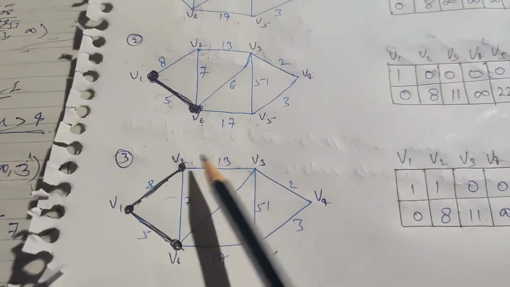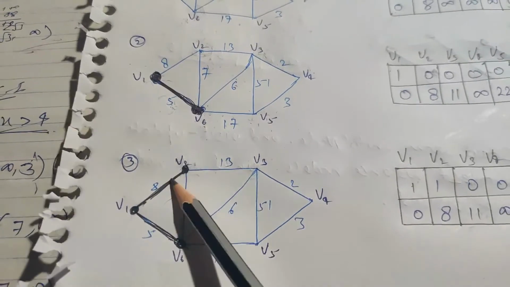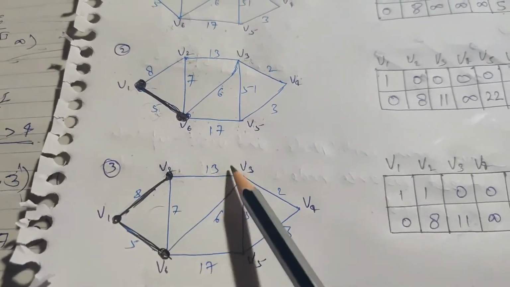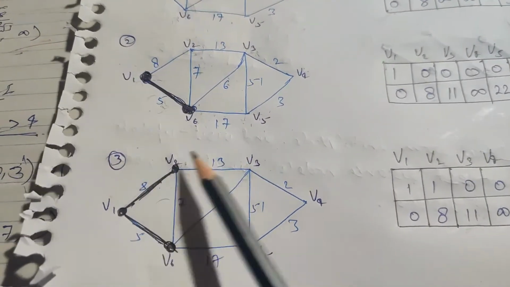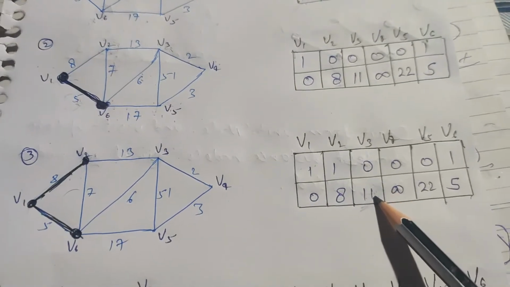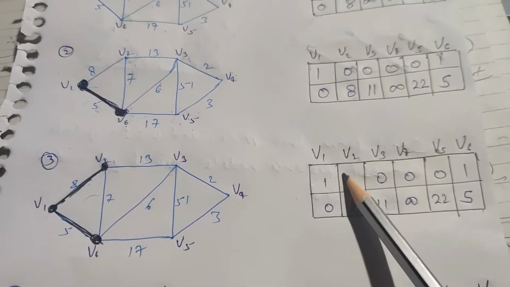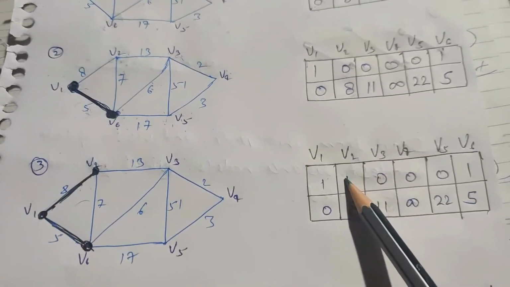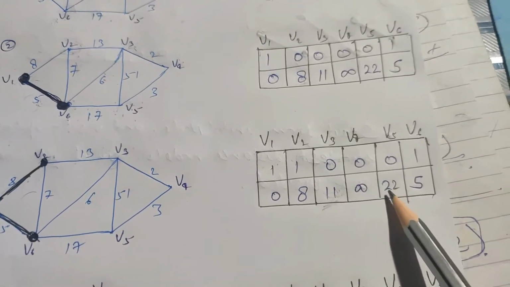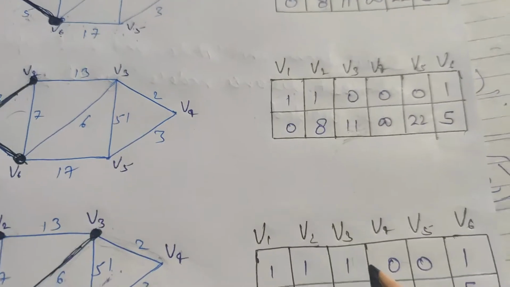After visiting v2, I will look at the adjacent nodes. I find only one unvisited node, which is v3. So I calculate the distance from v1 through v2 to v3, and this is 8 plus 13, which is 21. If I go there, I will find 11 is already there, which is smaller. I have to keep the minimum, so I reject that. I have marked the status as 1 already for v2. Now before I move to the next step, I have to find the shortest among the unvisited, which is v3. So let us mark the status of v3 as 1.